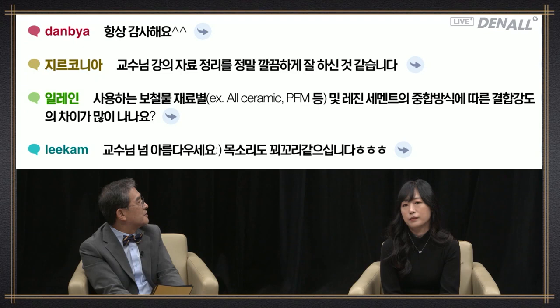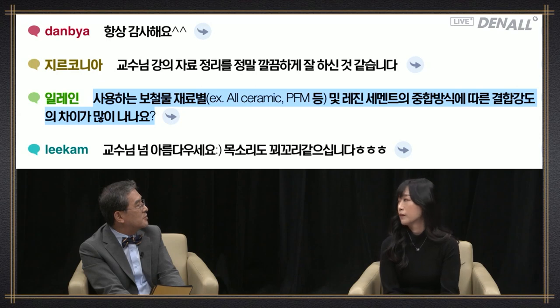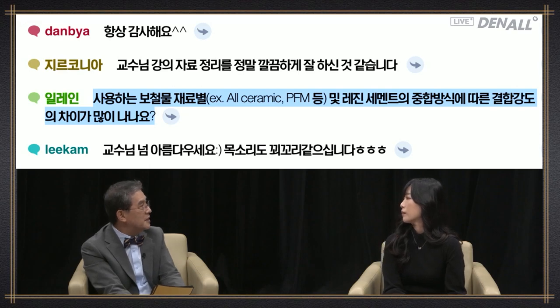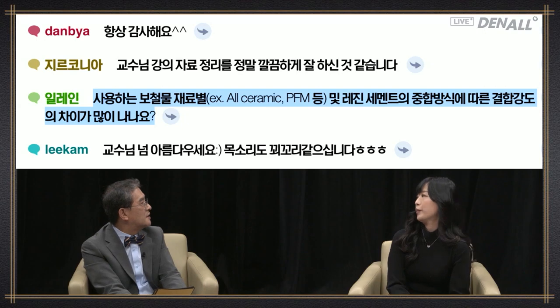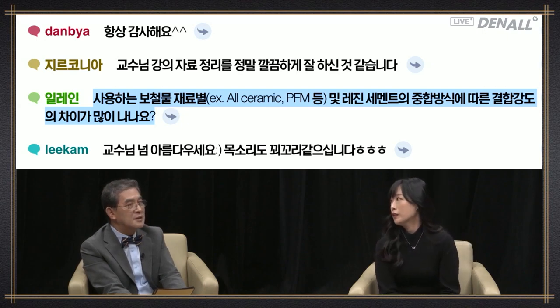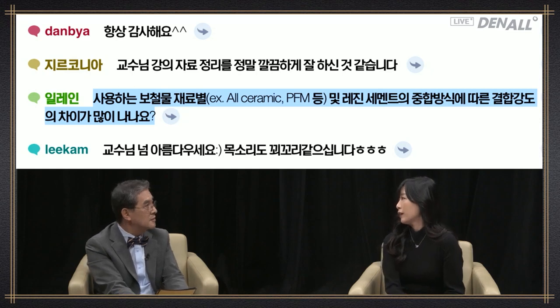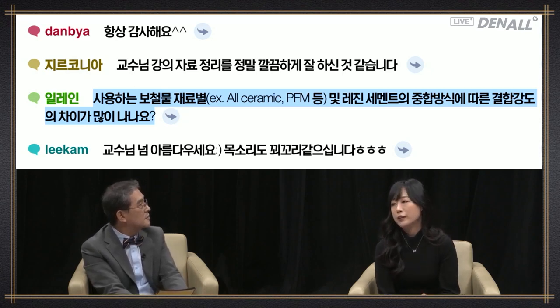ID Elaine, is there a difference in cementation strength depending on prosthodontic materials such as all ceramic and PFM and the way it is polymerized? Okay. To explain about the difference of cementation strength depending on the prosthodontic material,